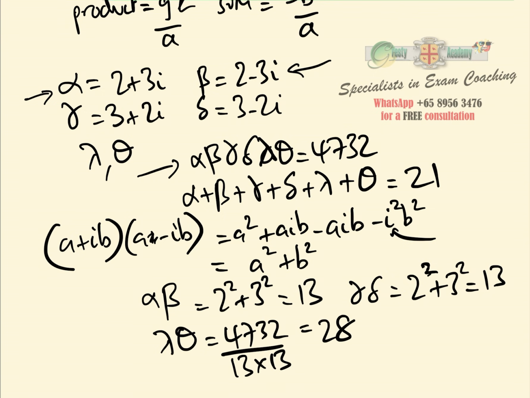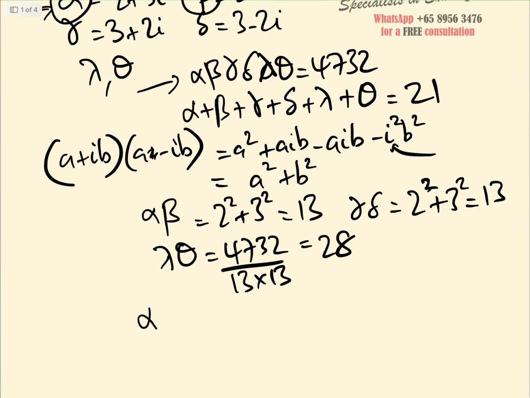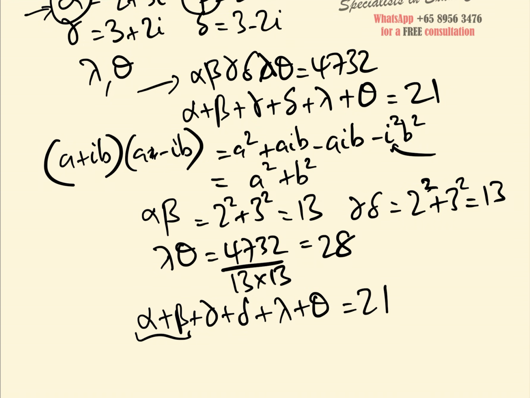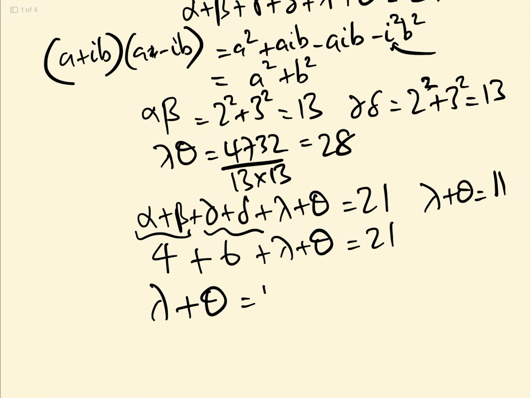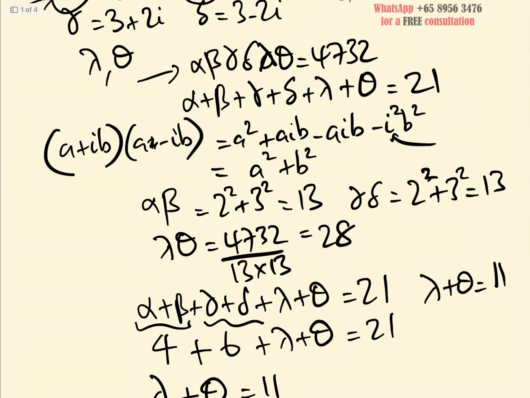equals 28. Now, if we look at the sum, summing alpha and beta is easy because the imaginary part cancels out. And so from alpha add beta add gamma add delta add lambda add theta equals 21, we know that alpha plus beta is equal to 2 plus 2, which is 4, and gamma plus delta is equal to 3 plus 3, which is 6. Therefore, we have 4 add 6 add lambda add theta is 21, i.e. we have that lambda add theta is equal to 11. And now we have that lambda add theta is 11, and we also have that lambda theta